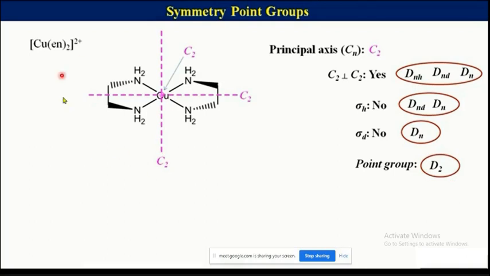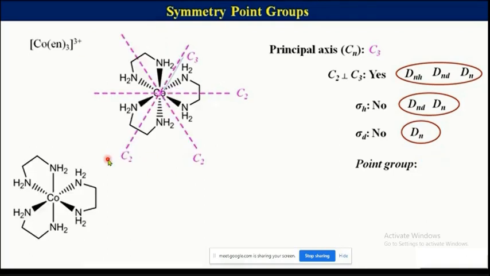This is very important. Even now you see CSIR. In GATE they have asked questions from Cu(en)2 twice. In CSIR they have asked Cu(en)3 thrice. Now see, now it is octahedral actually. So what is the first approach? We used to say octahedral geometry, so the point group will be octahedral. Now see, there is no octahedral point group here.